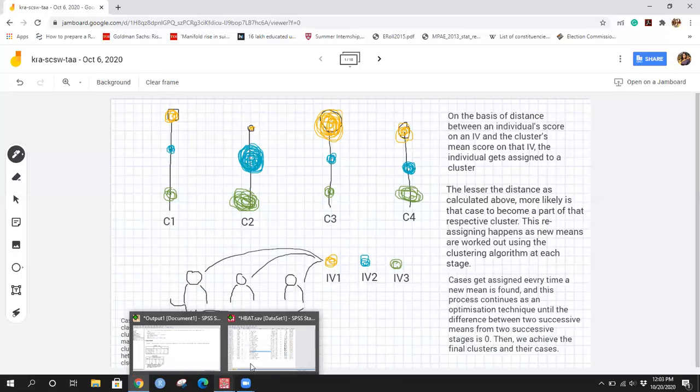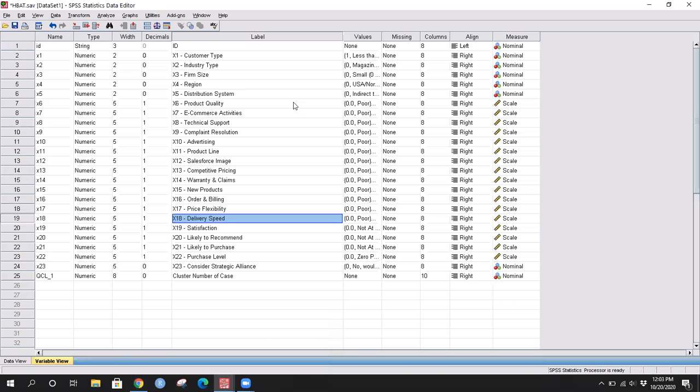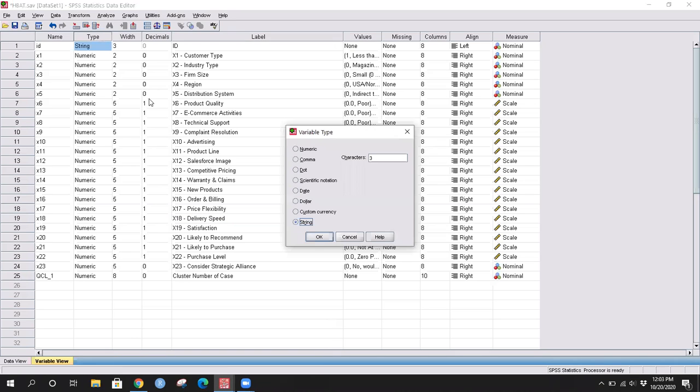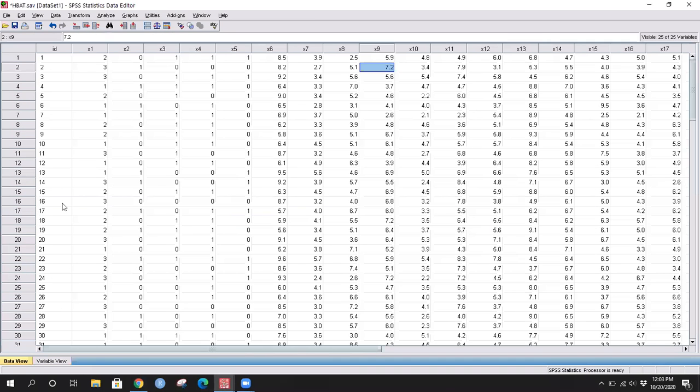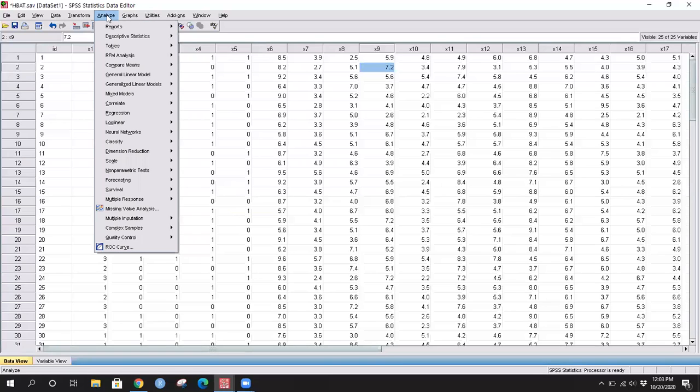Now let's go ahead with our data. You have to ensure that ID is a string by going to the type and putting a string here. So your ID variable is the unique identifier which will allow you to classify people. That's very important in cross-sectional data. Please be wary of this. So we got to analyze, and then